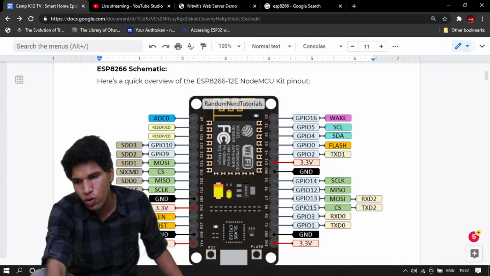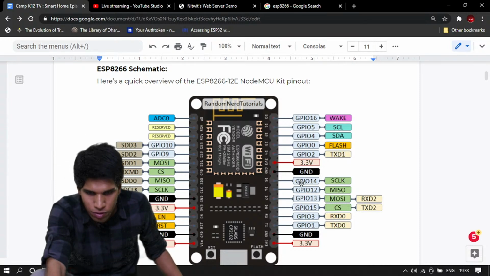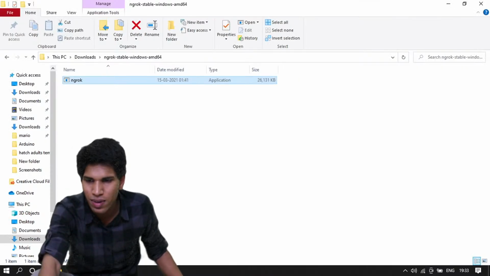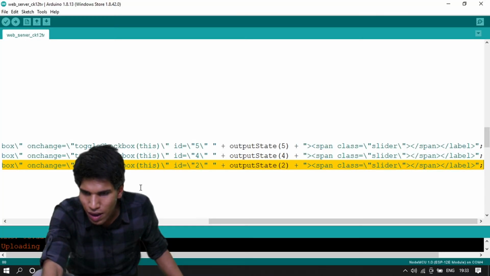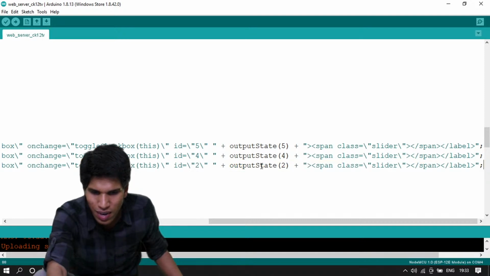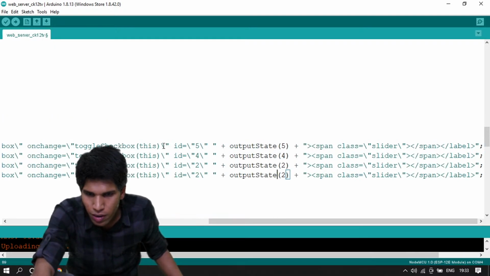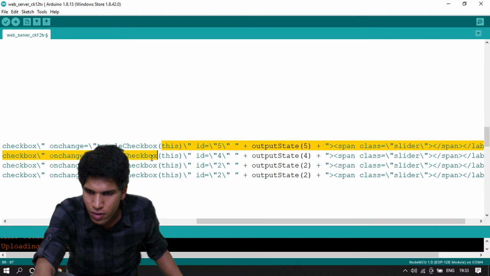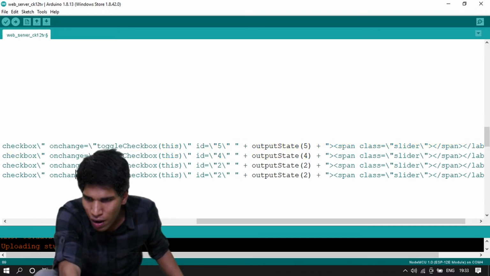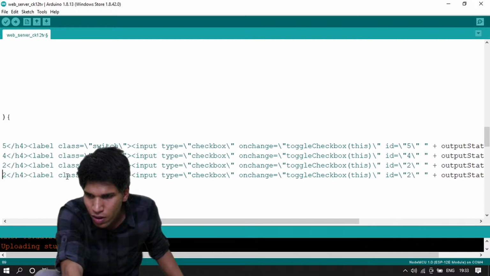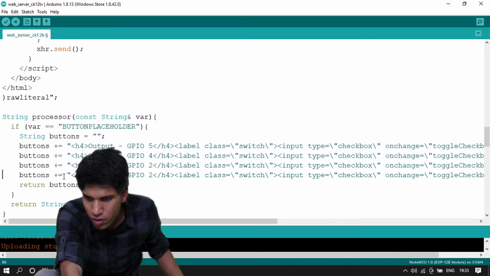So if I'm using pin 14 as well, this D5 pin, for a fourth appliance, then all I have to do is copy this button's text, press enter, and paste it. So now I have another line of button code here. Another button is supposed to be created.